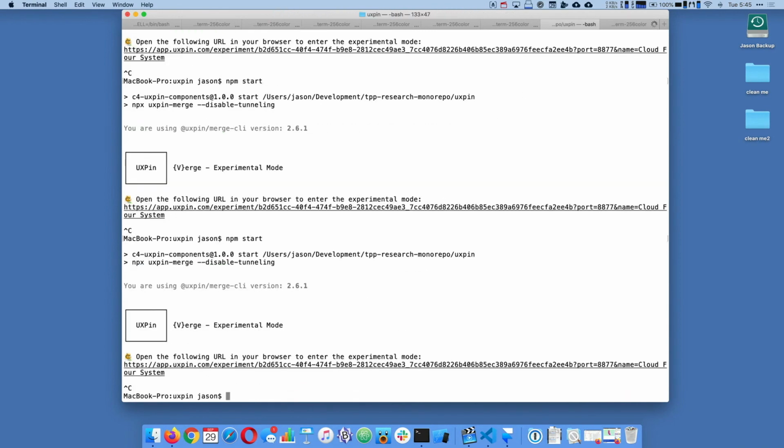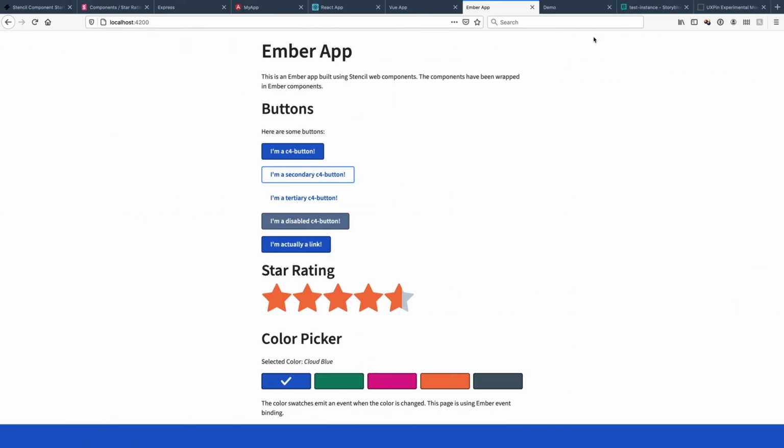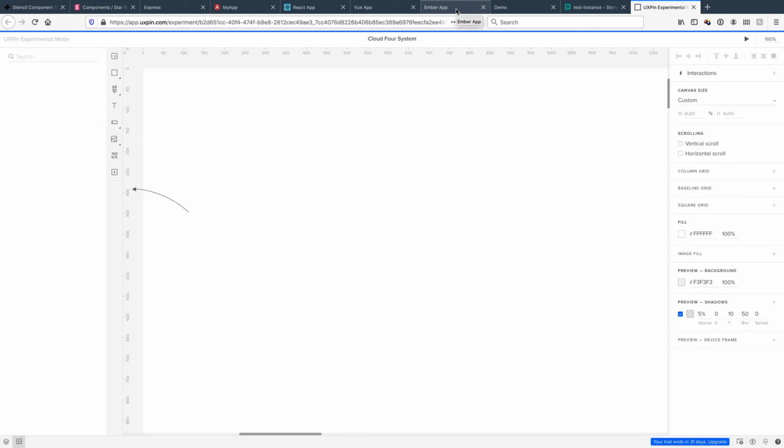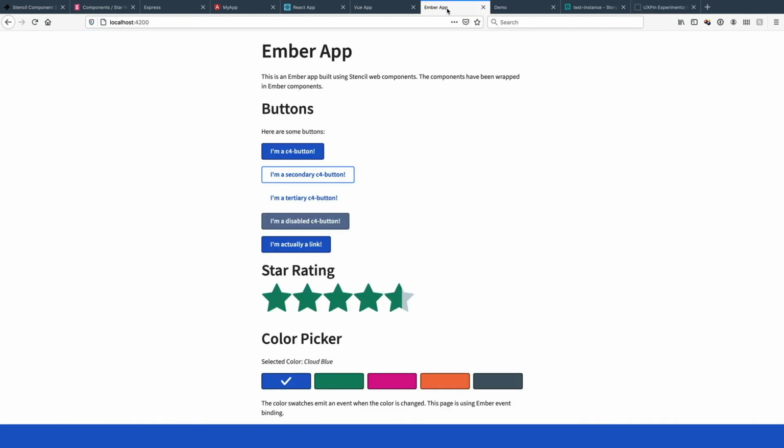And UXPin actually has the same thing, so let's go ahead and do that while we're here. In the meantime, we'll look at some other stuff. Storyblock, if we just reload it, it has green. Same thing in the UI. Oh, UXPin is loading, so I'm going to close that other version. UXPin is loaded, and it also has green stars, and the Ember application now has green stars.